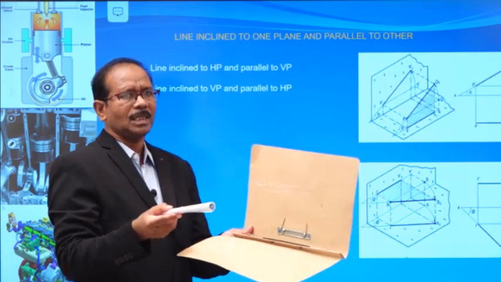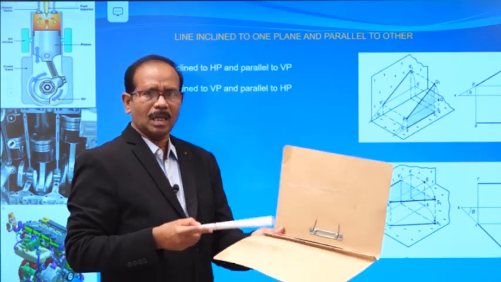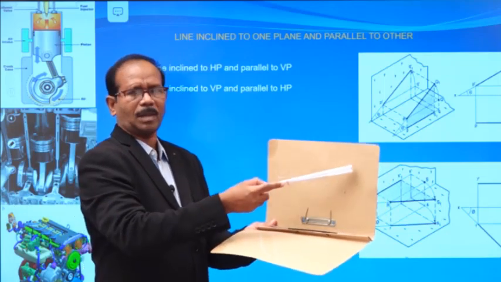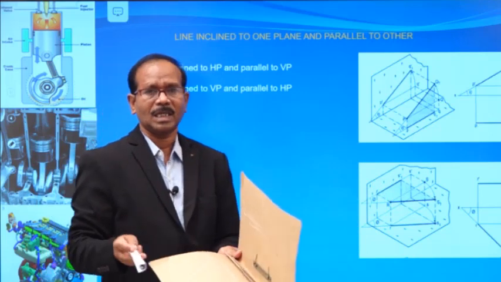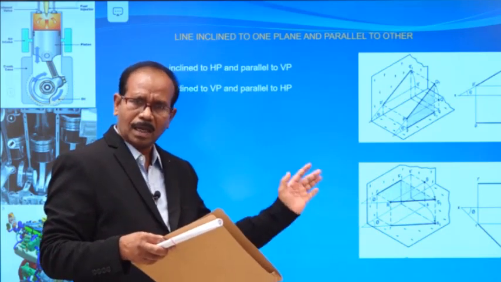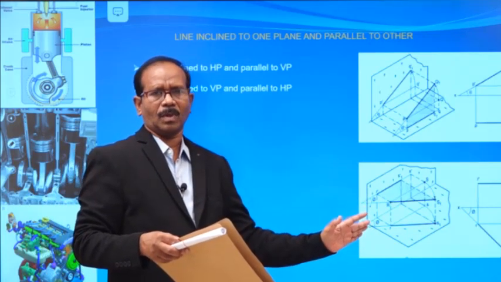In this case, only the numerical values change: height above HP, distance in front of VP, angle of inclination 30 degrees, 20 degrees, 40 degrees, length of the line 40, 50, 60, 70. These are all the changes possible when designing any question. Only the basics matter.